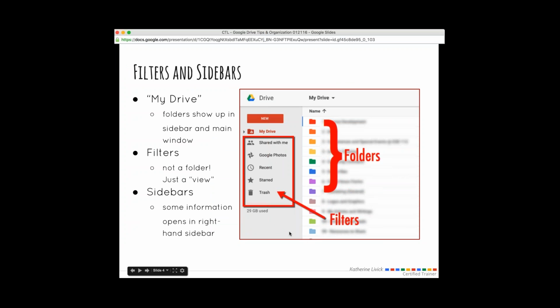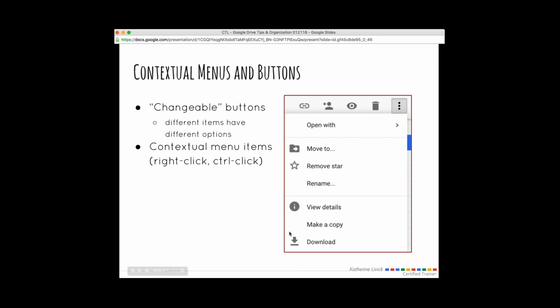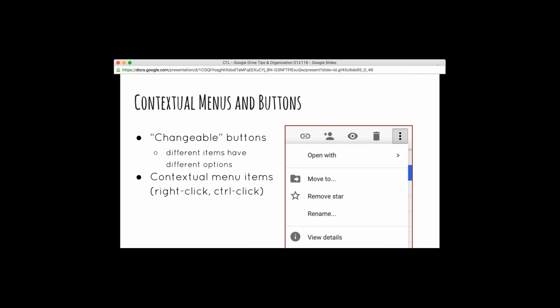We're going to talk about sidebars and contextual buttons. And so in your drive, you have changeable buttons that, depending on the item you've clicked on, different items have different options, and you're going to see different things when you click on those different items. So as we go through this in Drive,